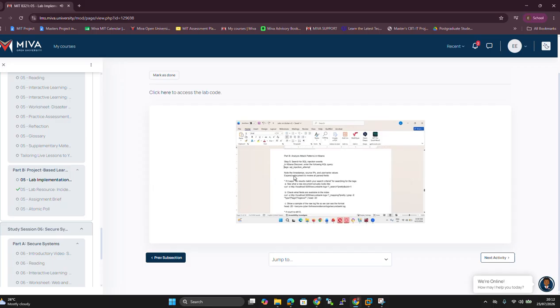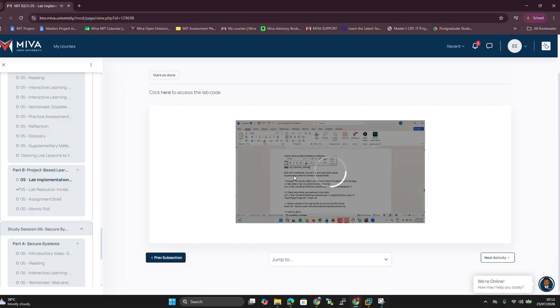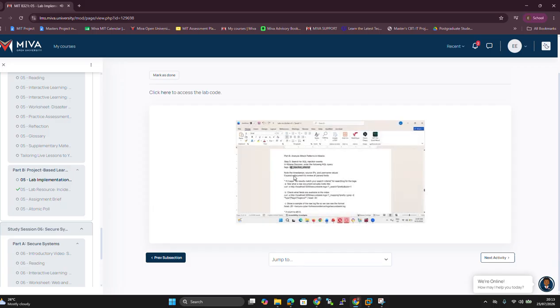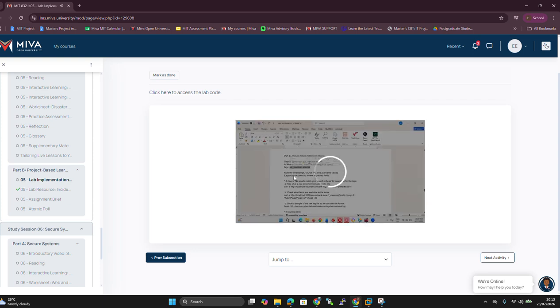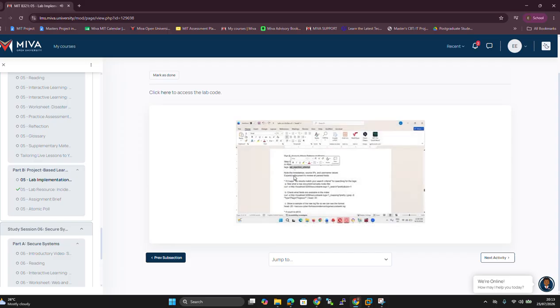There is a field called tag. In the field called tag, you copy this and dump it there and see if anything pops up to show that SQL injection attempt is one of the attack patterns